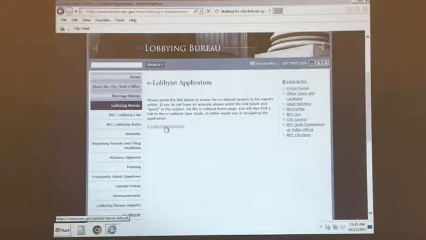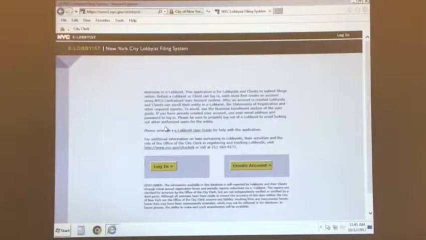Two important points. You have to use Internet Explorer when you're using this program. I hear all the time, well, I use Google Chrome and it works fine. And it's fine until it's not. It's fine until your reports disappear, you can't log on, so please do not. Another design quirk, you have to use Internet Explorer.